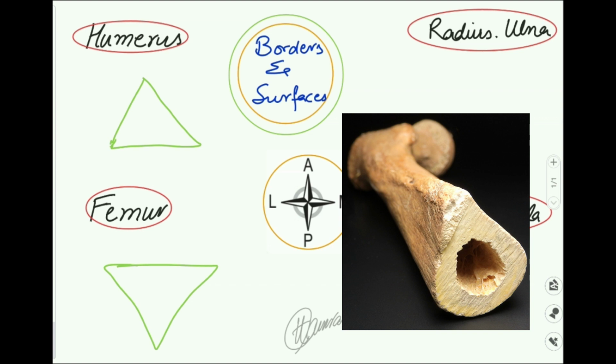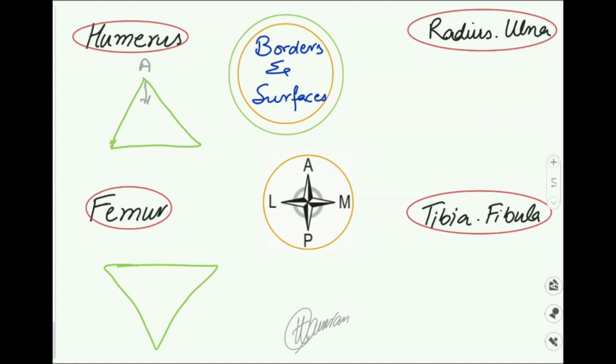they are different from each other and what is the important thing that you have to note first in these cross sections. Okay, in humerus, here we can see that we have an anterior border, and against the anterior border we have this posterior surface. In the femur we have this posterior border, and against this posterior border we have this anterior surface. So to remember the borders and surfaces, the important thing to note down is we have an anterior border and we have a posterior surface. There is no anterior surface or posterior border in humerus.